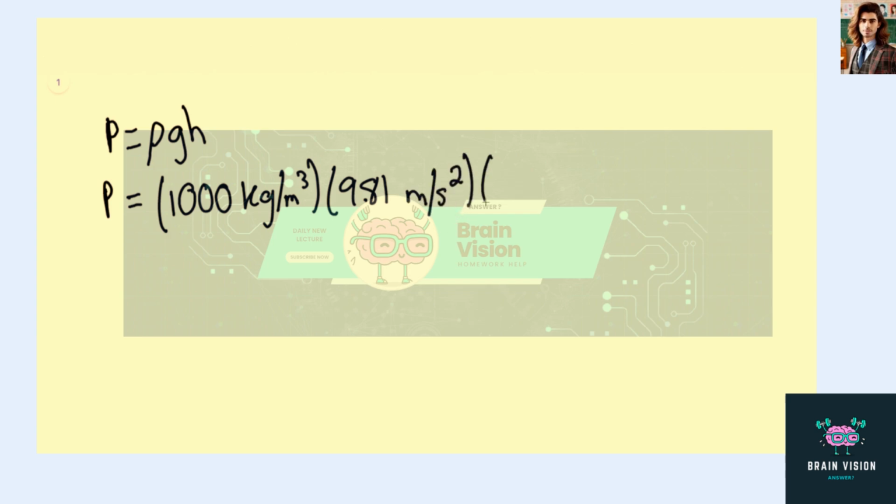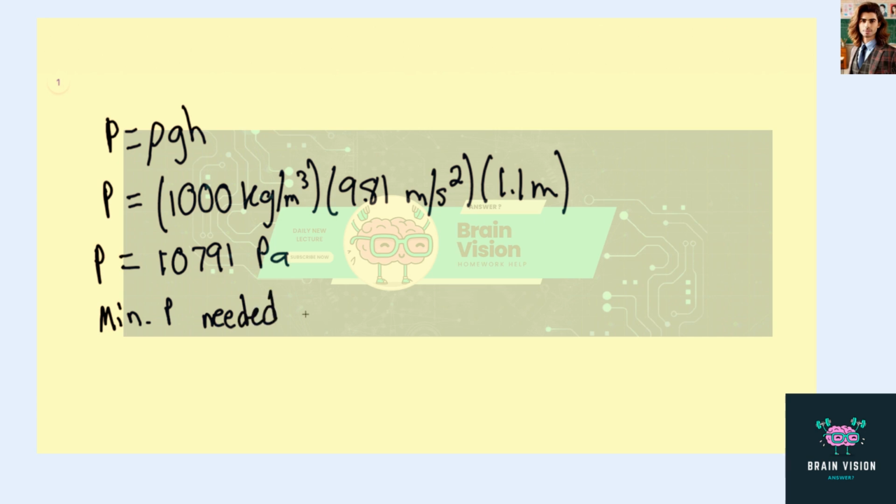times 1.1 meters. This is going to be 10,791 pascals. So the minimum gauge pressure needed, so the minimum P needed, would be negative 10,791. And this would be the gauge pressure needed inside